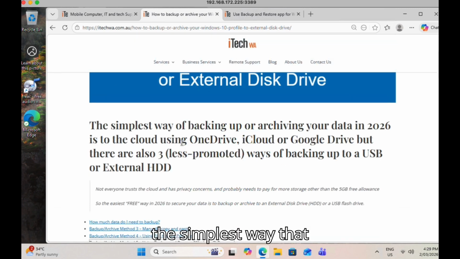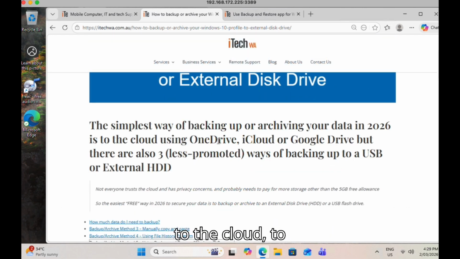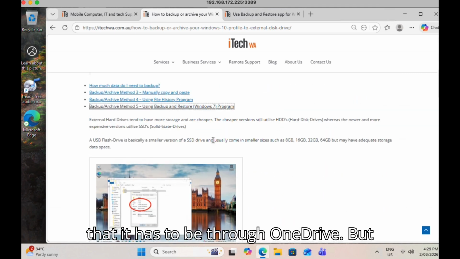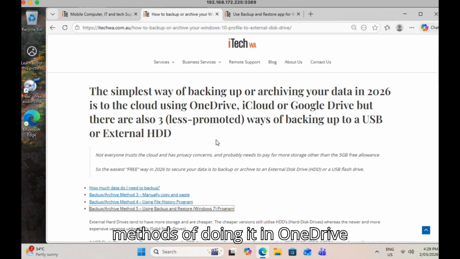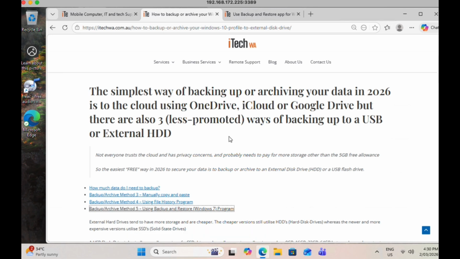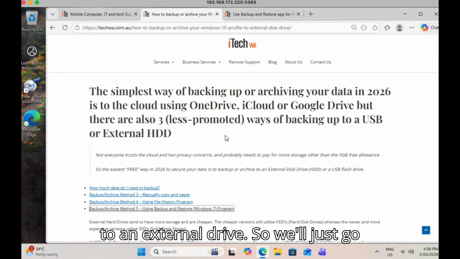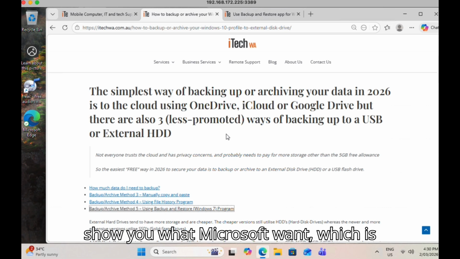Obviously, we're talking about here that the simplest way that Microsoft want you to do is backing up to the cloud, to OneDrive in their instance. And when you do a bit of a search on their site, that's what you get told, that it has to be done through OneDrive. But it's not necessarily true. There are two methods of doing it in OneDrive, and there are three methods of doing it to an external drive. So we'll just go through the steps here, and I'll show you what Microsoft want, which is type 1